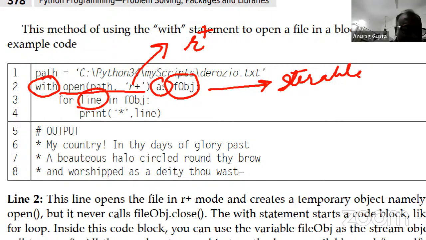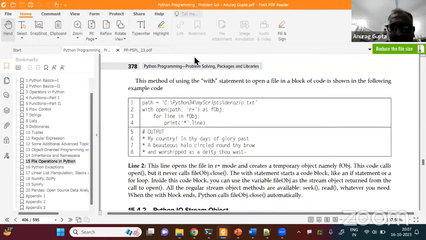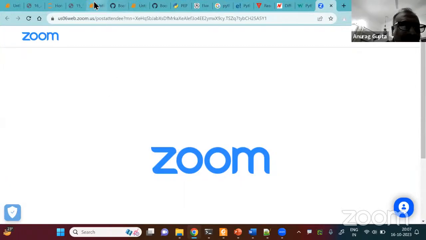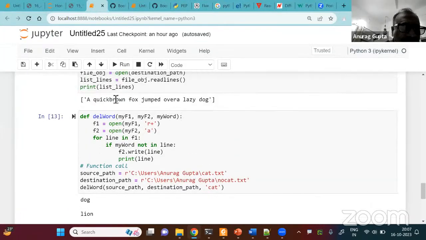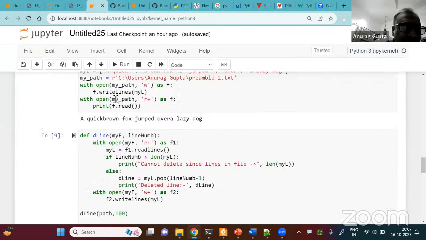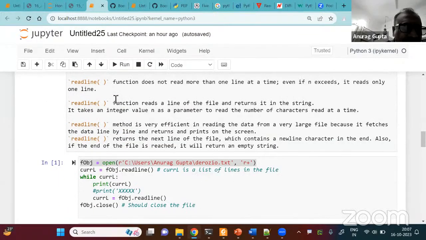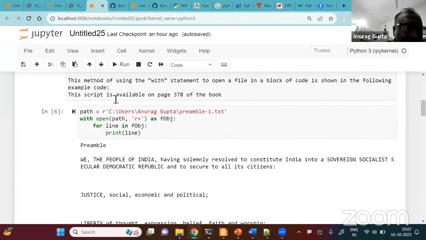So let us see this code in practice. I think I put it somewhere in my script. Actually, there's so much code. Just one sec. Give me a second.